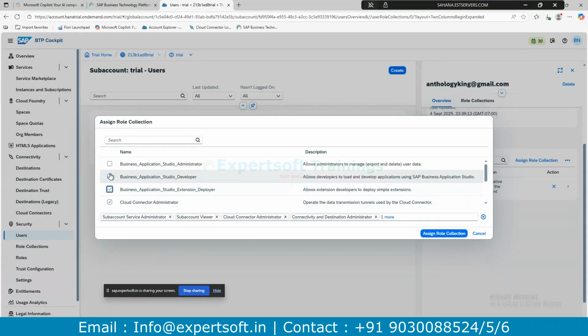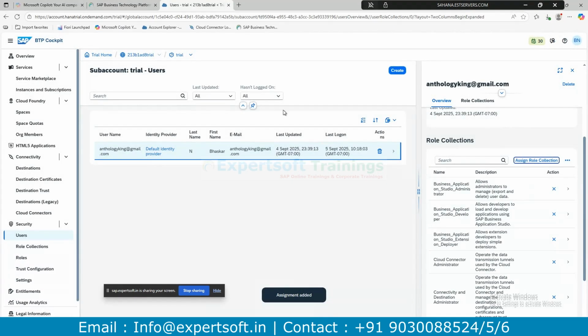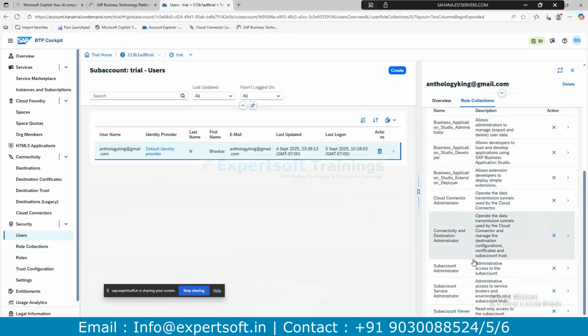Business applications should have been subscribed. Then, if it is, you can assign the role collection. So it means I can access with my email ID all those assigned services. Otherwise, it will throw an error that you have limited authorization. That authorization failed.